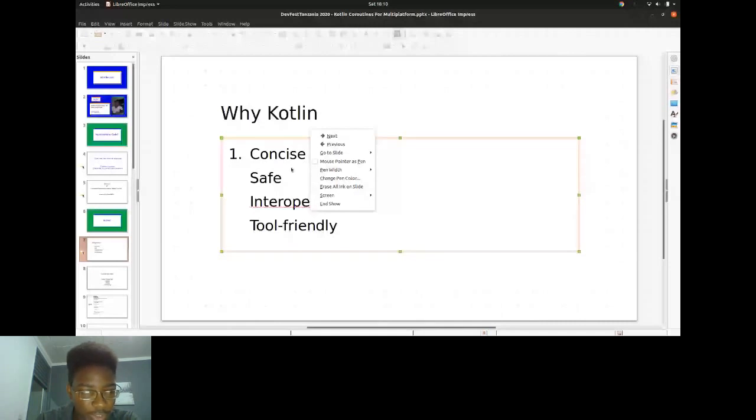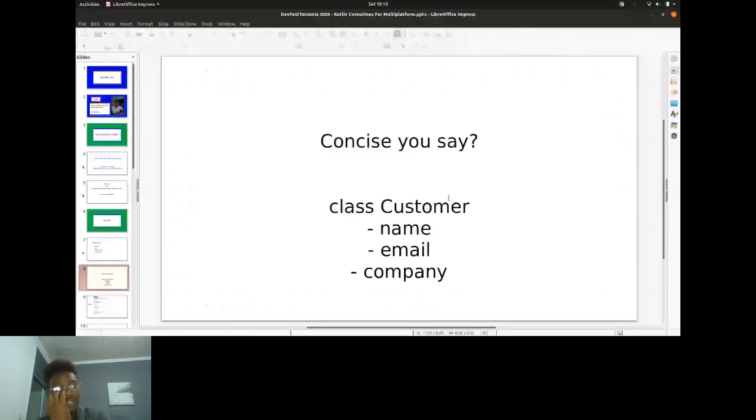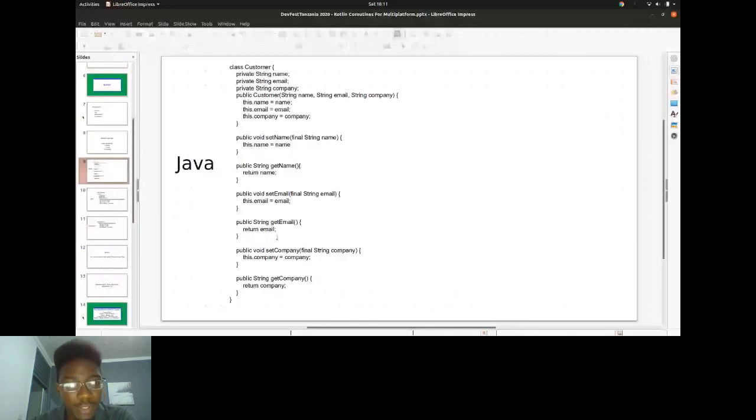When we say Kotlin is concise, let's look at an example. Let's say you're trying to define a very easy model object. It's a class of a customer with just 3 simple properties. It has a name, email, and company. Now, let's look at how the good old plain Java object would need to write this code. You would need a whole lot of lines of code to express a customer with a name, email, and company. You have the private properties, you have a constructor, you have the getters and setters,